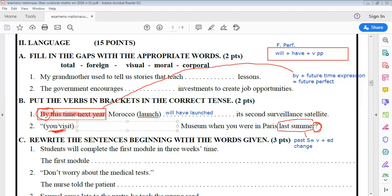Okay. Now, make sure you have a capital letter because this is the first word of the sentence. Did you visit the Louvre Museum when you were in Paris last summer? Why? Because we have last summer, which is a specific past time marker. So we can't use the present perfect. And in sentence number one, we already talked about it. Is this clear? Yeah. Okay, can we stop here? Yeah, as you wish. Cool. So we're going to stop here for